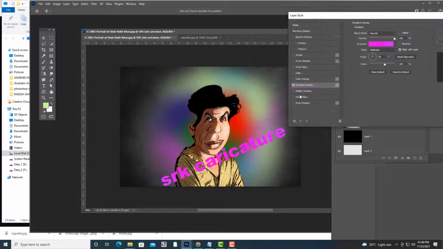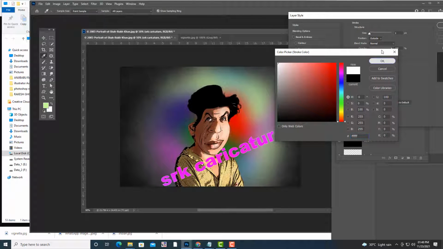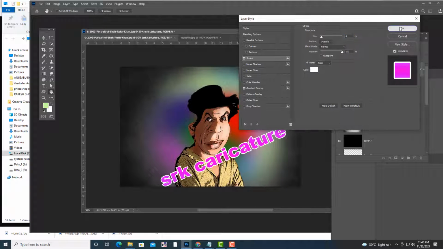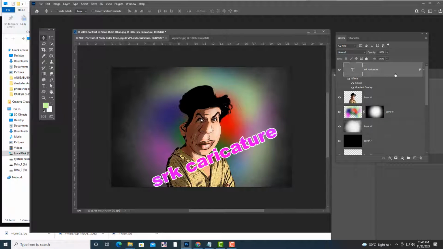Okay, give some gradient, and you can give some stroke also. Right? So something you can create like this. You can create a caricature. Understood?